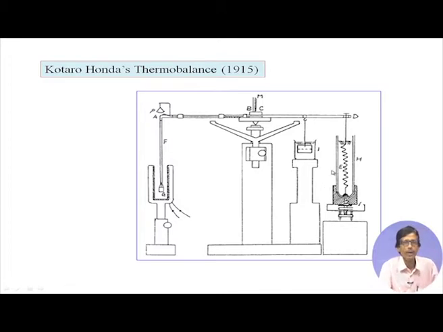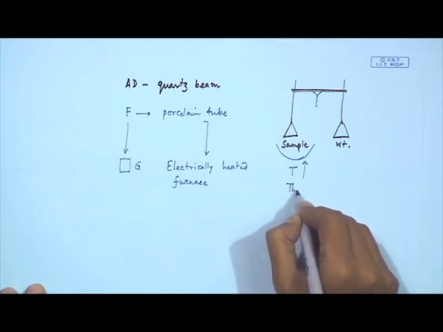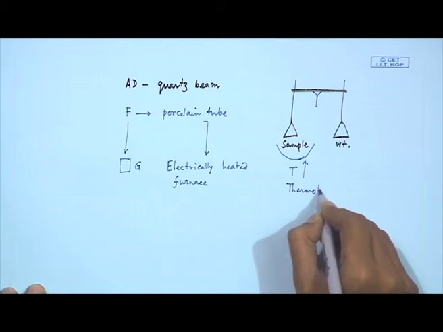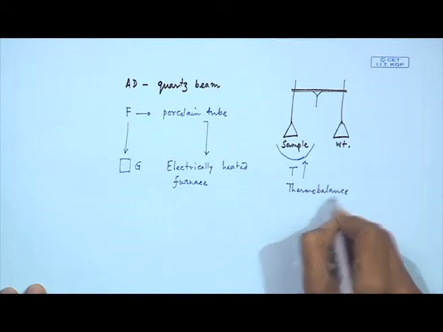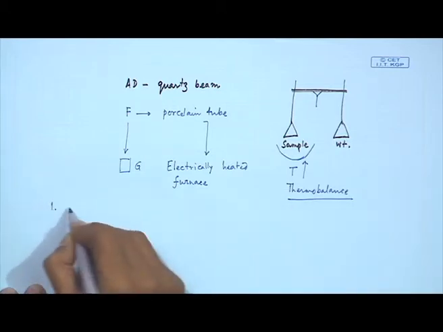And nowadays digital balances have been introduced, and they have modified the thermobalance. So, historically this important thermobalance has been modified into the modern thermobalances we use for TGA or DTA measurements. In all these cases, this is a very simple and basic instrument, your thermobalance, and we should look at its corresponding instrumental factors.